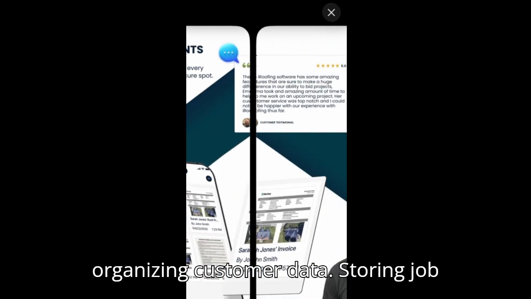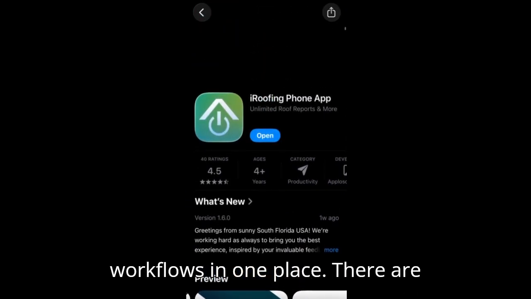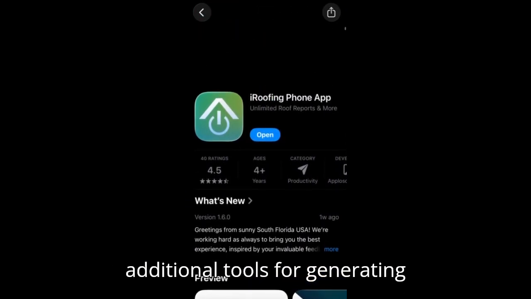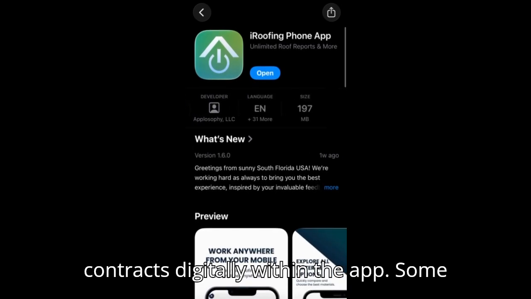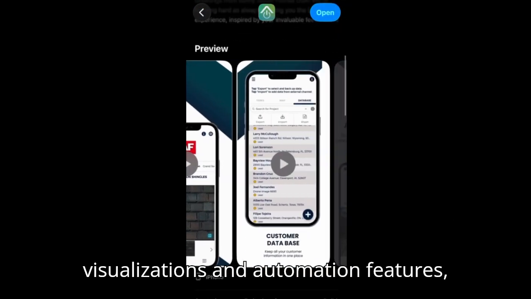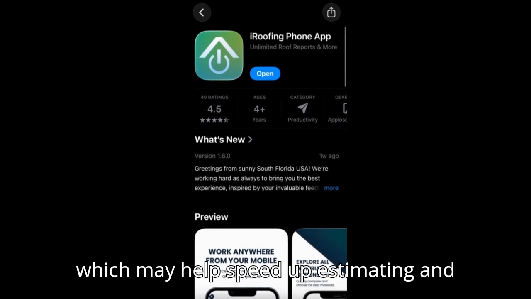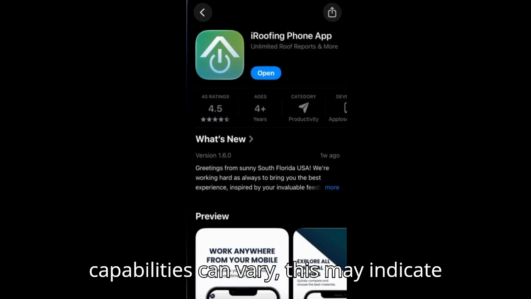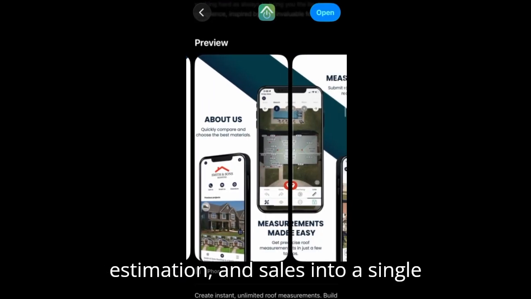The platform also supports organizing customer data, storing job photos and documents, and managing project workflows in one place. There are additional tools for generating proposals, invoices, and even signing contracts digitally within the app. Some official information mentions AI-powered visualizations and automation features, which may help speed up estimating and presentation tasks, although exact capabilities can vary. This may indicate a workflow that combines measurement, estimation, and sales into a single mobile platform rather